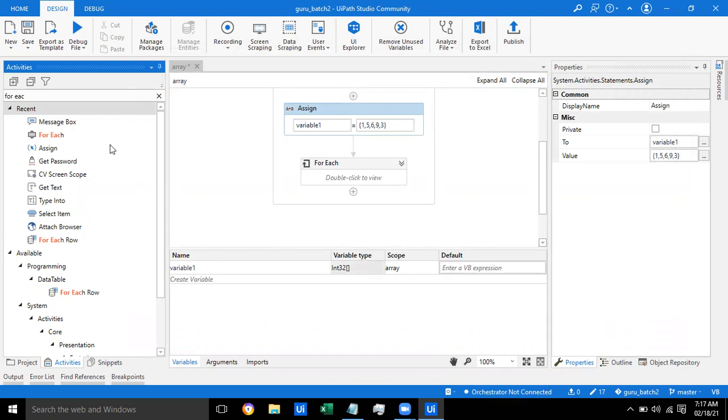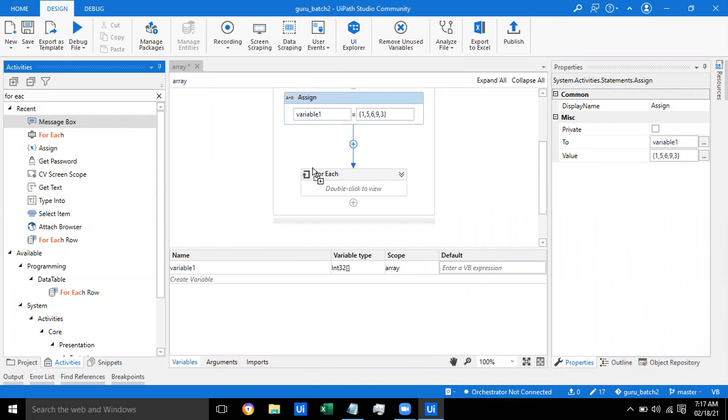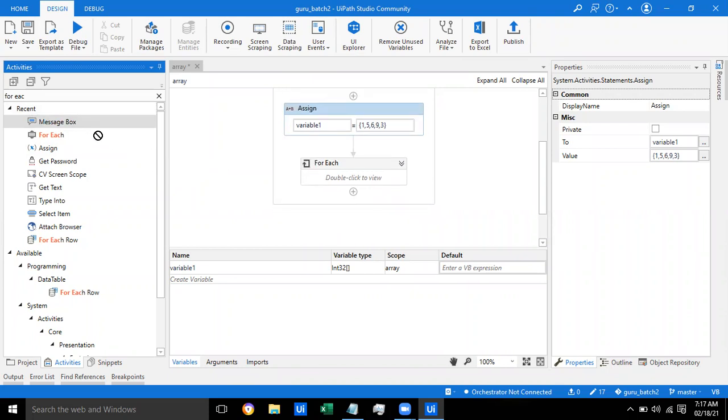Now for each and message. So use that for each alone now. Already there is a for each, right? Yeah, I'm just using the message box.